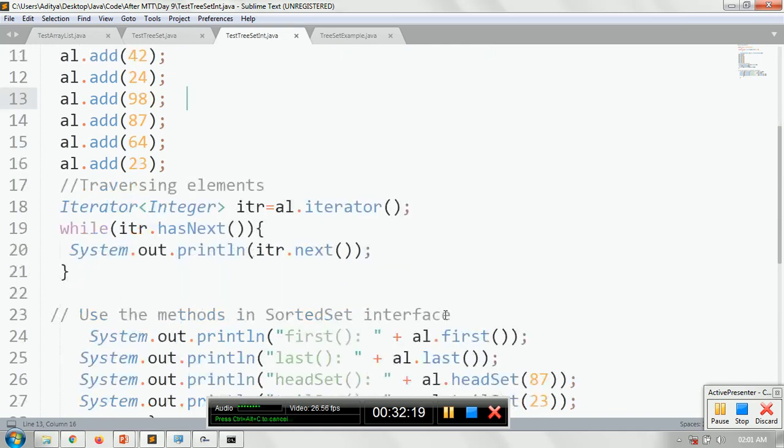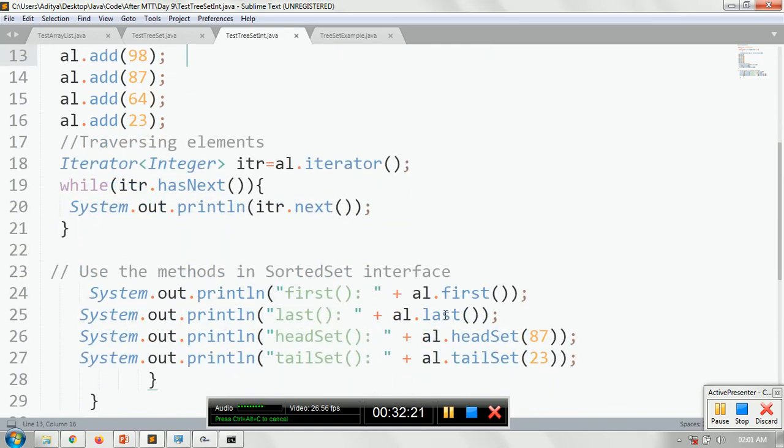Now we'll see some of the methods that are present. The first will return the smallest number. The last will return the last number. Headset: whenever I call this headset method, I will pass 87.